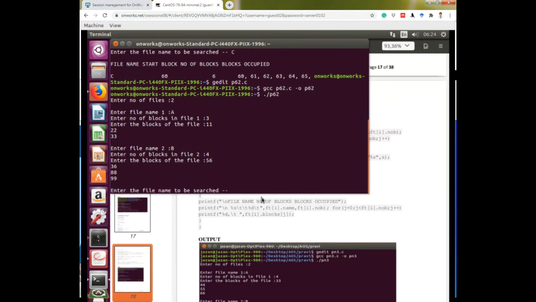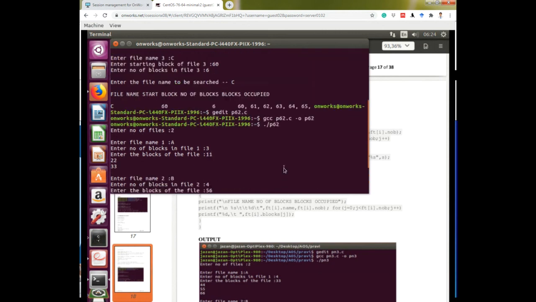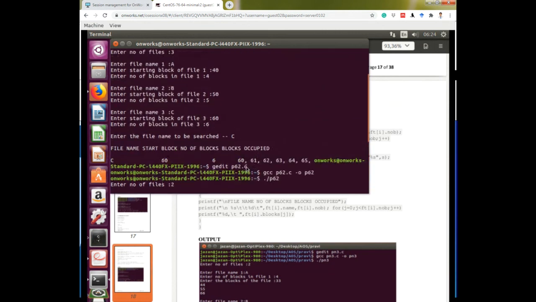Enter the file name to be searched. Now we want to search for file A. Now see, we entered blocks 11, 22 and 33. Now the same blocks are stored in the computer memory. In the old program, it was taking automatic random blocks.